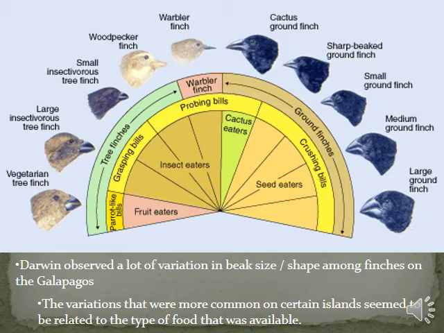You can look here at this figure. There are a lot of finches that ate fruit, those that mainly fed on insects, those that fed on cactus, and those that fed on seeds. So essentially, there's a lot of correlation between the size and shape of the beak and diet. So what did those birds actually eat? You can look at and measure their beak size and shape and get some information about what they might be eating.